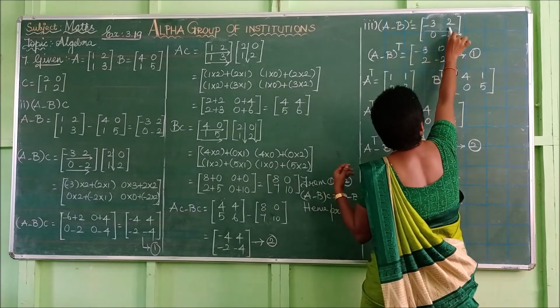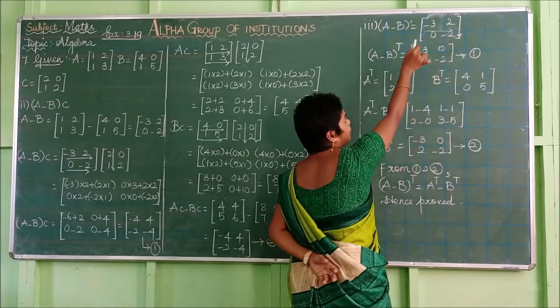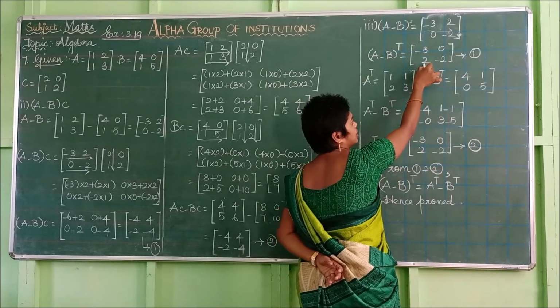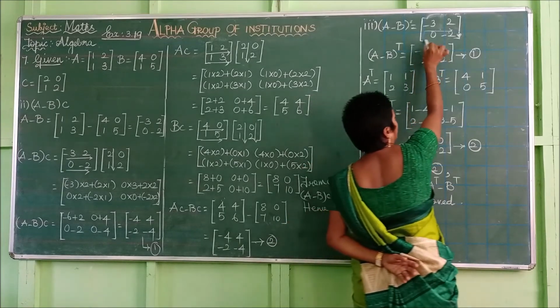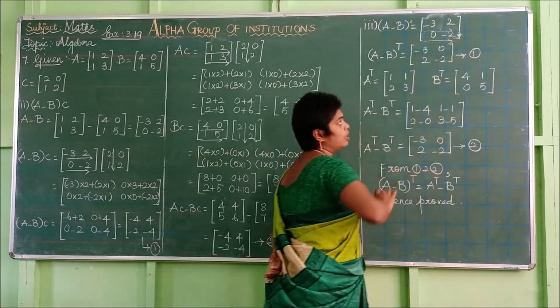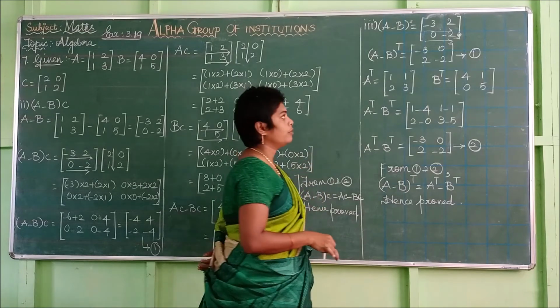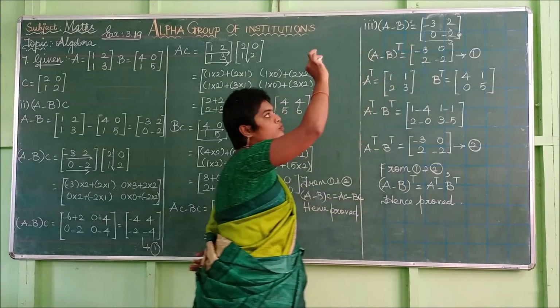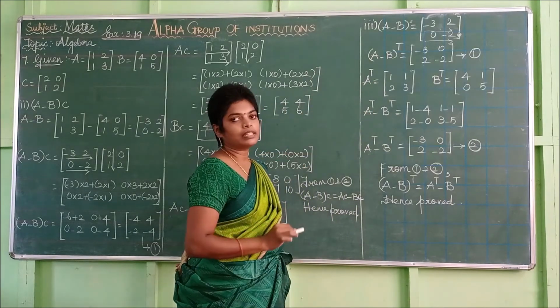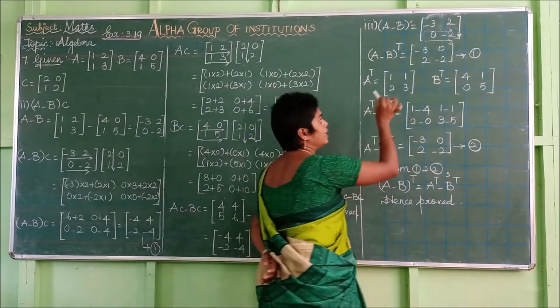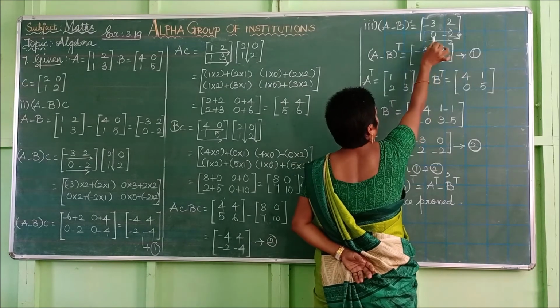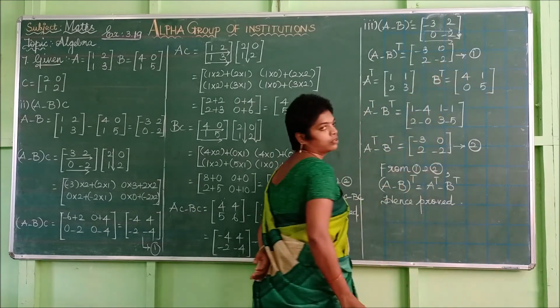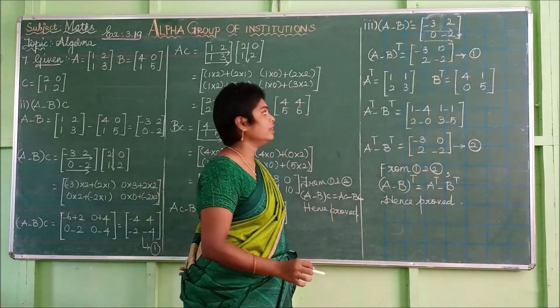First this first row changes into the column. Minus 3 2 can be interchanged written as minus 3 2, and second row can be written as second column 0 minus 2. So A minus B is minus 3 2 0 minus 2, A minus B whole transpose, which is minus 3 0 2 minus 2. Okay, interchanging of rows and columns.